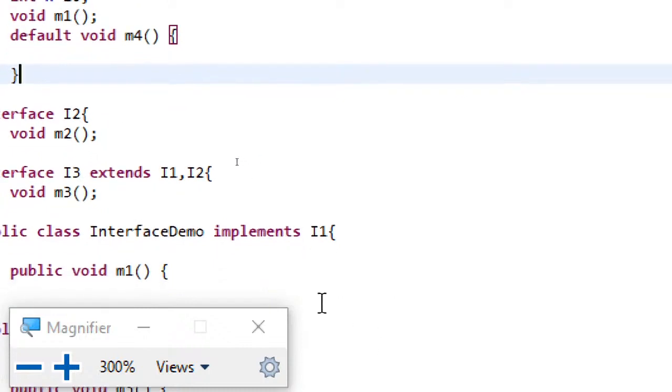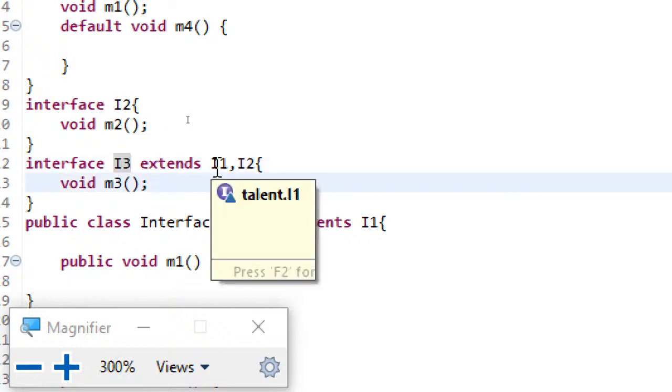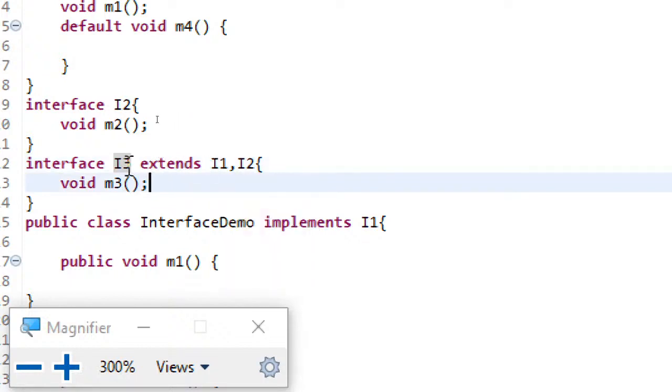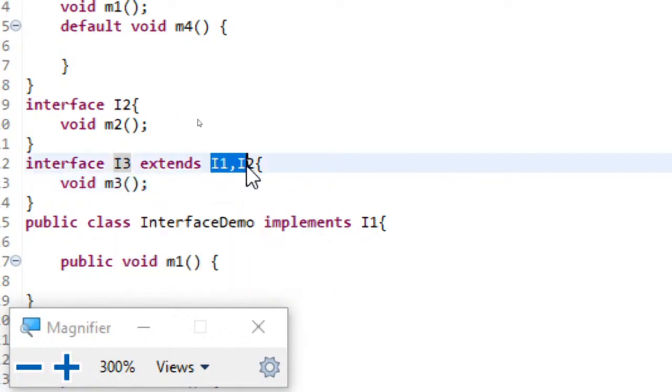Another point which I made here is about the extends keyword. When it is used with a class name, then you can extend only a class, and that too only a single one. If the extends keyword is used along with an interface, then you can extend any number of interfaces only, not a class.